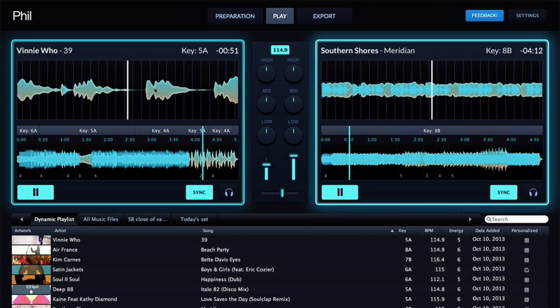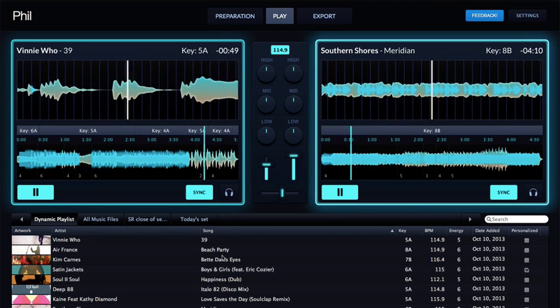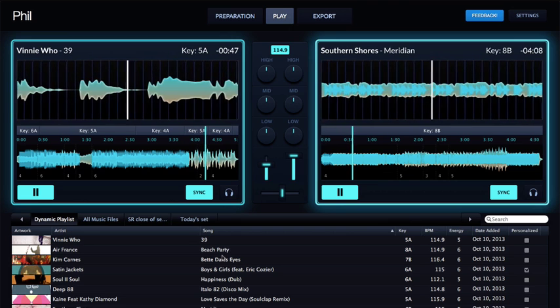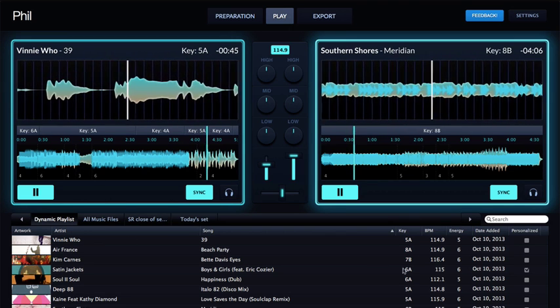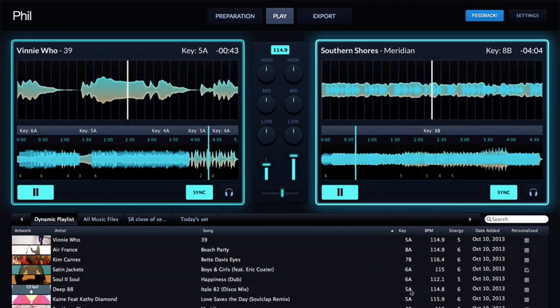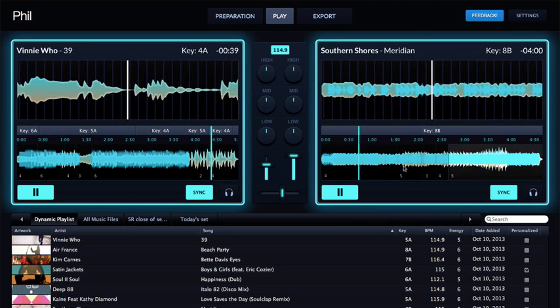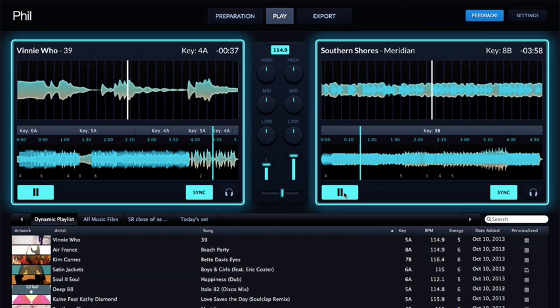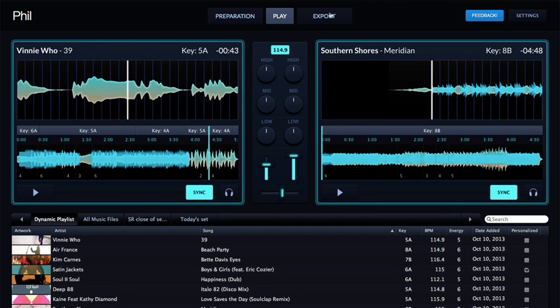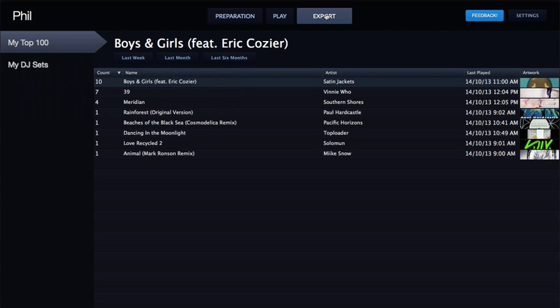That basic premise is what this software is about as far as the mixing section goes. Define your sections, use it to pick tunes in the same key or similar compatible key, BPM and energy level, and then mix them automatically by jumping around among sections that you've predefined. I'm going to stop that and move on to the final section, which is really nice, which is the export